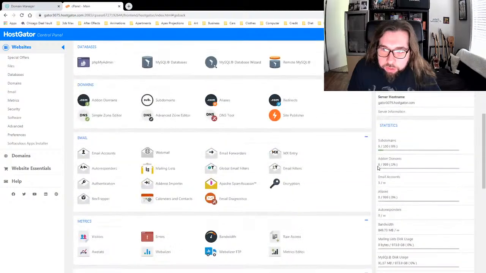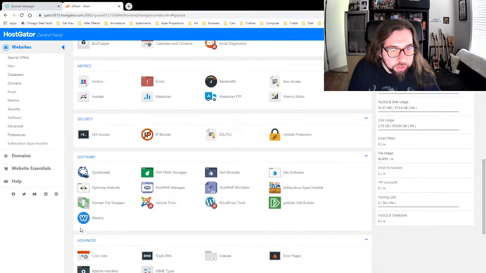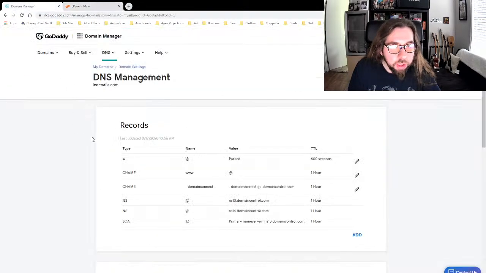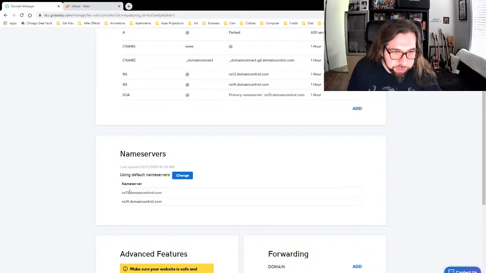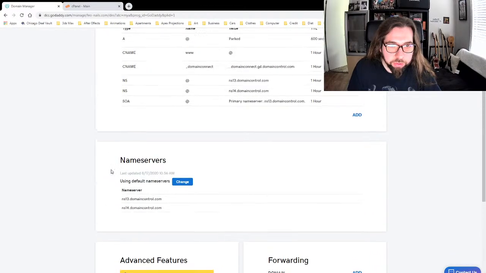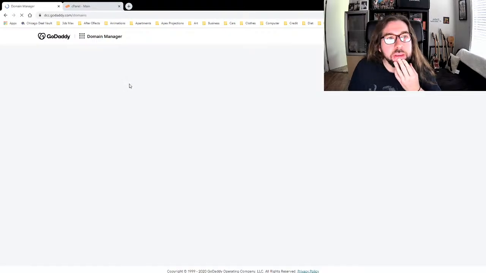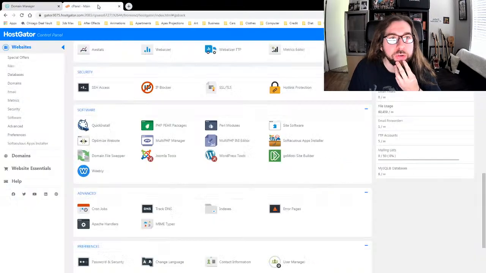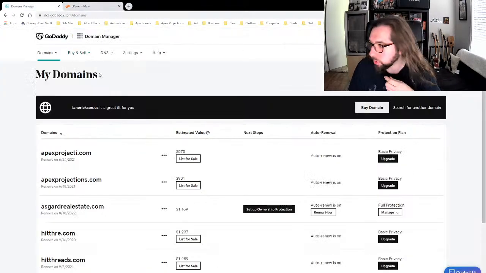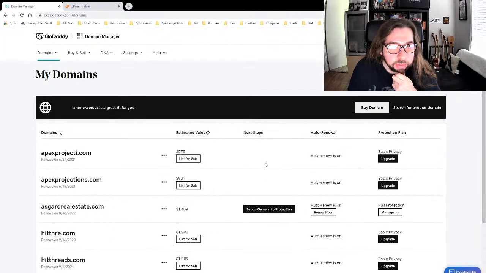Now, the other thing to do, you have your name servers here, and it says using default name servers. And so what you have to do is point it to the right servers. So, when you buy the hosting plan, they give you those. But basically,